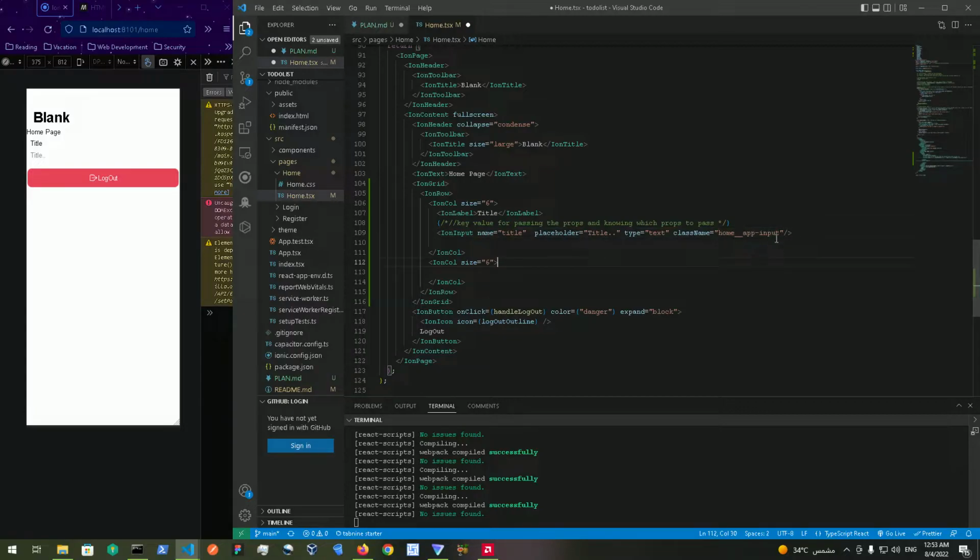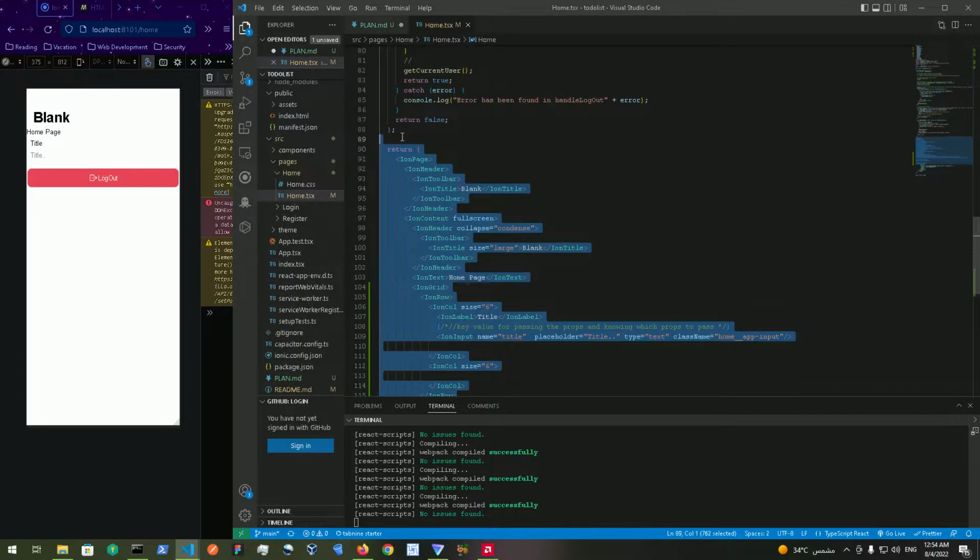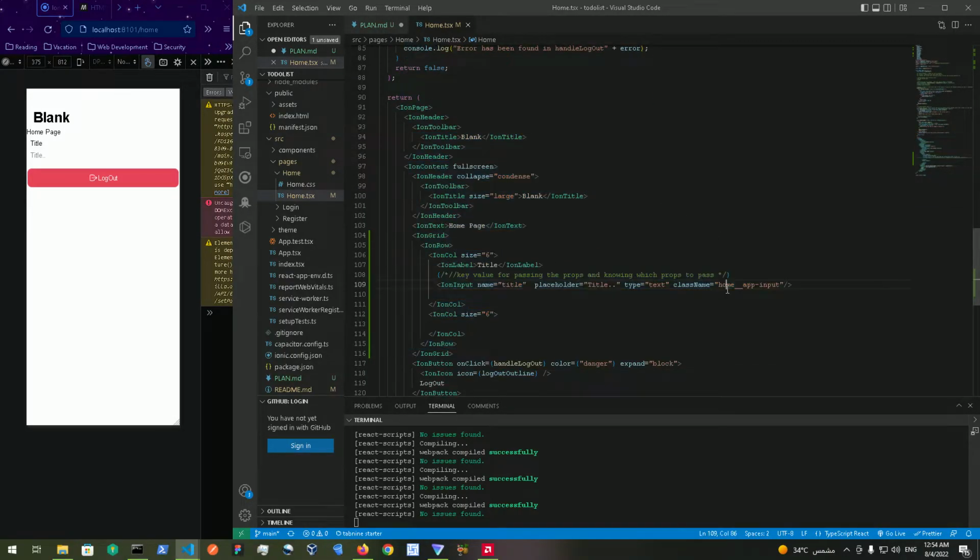Or we could just do simply home-app and then dash input. This is just the class name, so you could name it whatever you want, but I'm using the BEM convention, and I should be doing this for all the other classes, but right now we're just going to be doing this for the home-app-input. So again, like I said, we're just going to copy and paste this